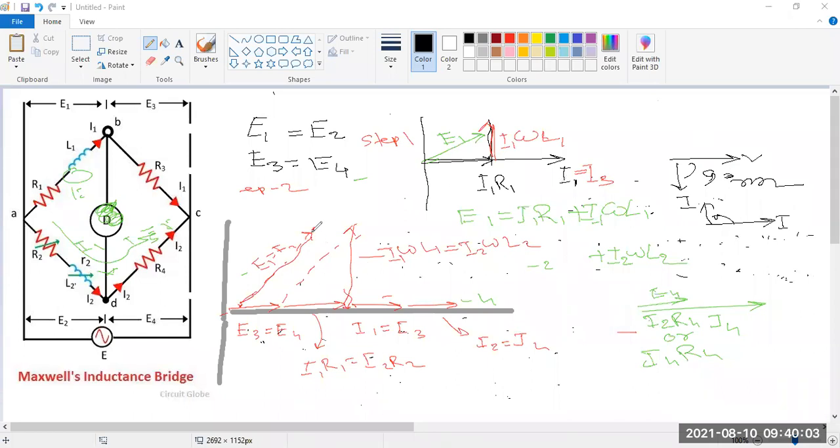So here we can find, here is the E1, sorry, here is the E. This is our main motto. Okay, so guys, this is our phasor diagram of this Maxwell inductance bridge. This is E3 equal to E4. This is also E3 equal to E4. Okay, so guys, if you have any question, you may